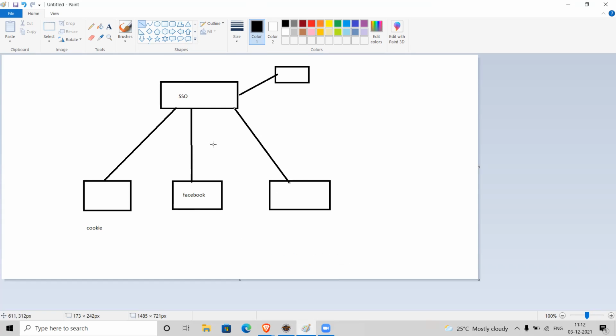In this mechanism, a hidden field is not a good choice. Can you explain why? Because the credentials will not be stored and will not be passed to the second application. Right.